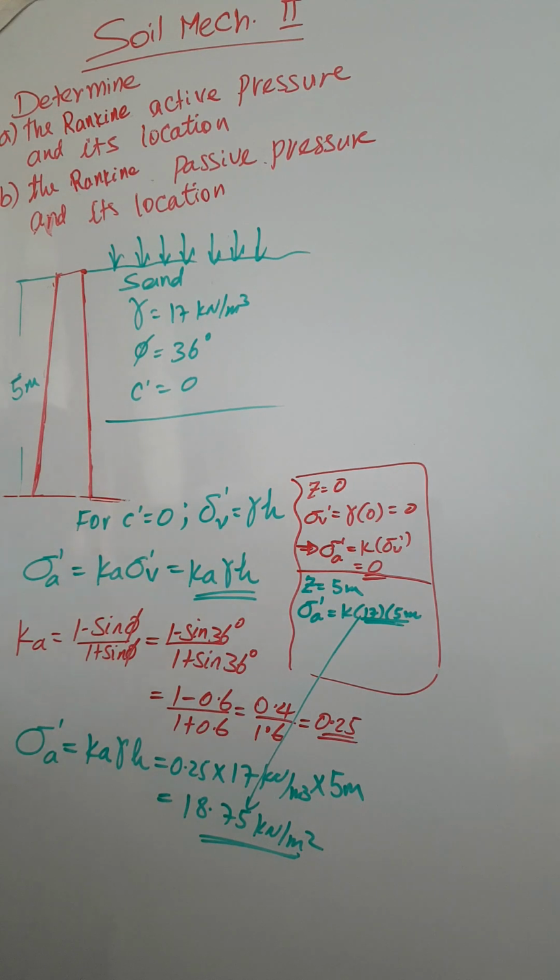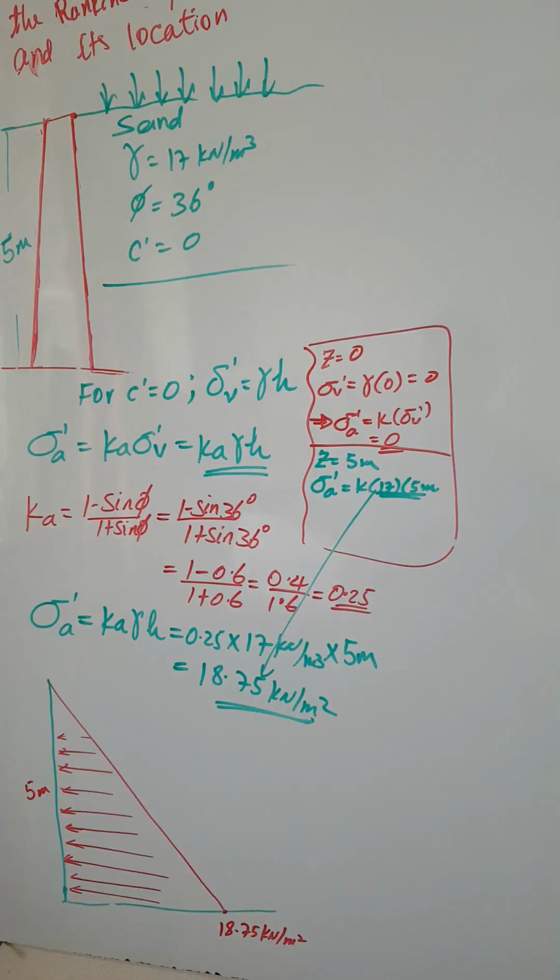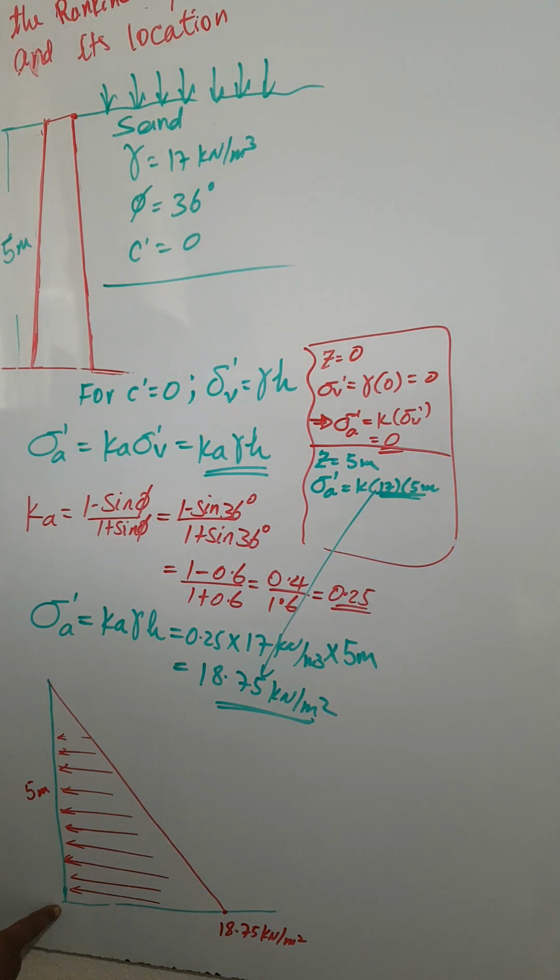ስለዚህ ፕሬሸር ዲስትሪቢዩሽን ዳያግራሙ እንዴት ይሆናል ማለት ነው? ፕሬሸር ዲስትሪቢዩሽን ዳያግራሙ እንደዚህ ይሆናል ማለት ነው። ኦኬ እዚህ ጋር ወደዚህ ያለን ዲስታንስ ዜሮ በነበረ ጊዜ ሃይቱ ዜሮ በነበረ ጊዜ ፕሬሸራችን እዚህ ዜሮ ላይ ነው ያረፈው። ልክ ሃይቱ 5 ሜትር ሲሆን ፕሬሸራችን እዚህ ላይ ነው ያረፈው። ስለዚህ ይሄን ፕሬሸር ዲስትሪቢዩሽን ወደ ፎርስ ቀይረን ፎርስ ፐር ዩኒት ሌንግዝ ኦፍ ሪቴኒንግ ዎል ስሩ ተብለናል። ኦኬ አሁን የምናየው ፕሬሸር ዲስትሪቢዩሽን ዳያግራም ኢትስ ትራያንጉላር።